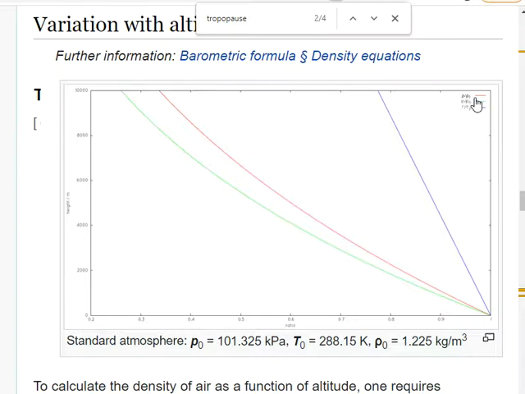Okay, so this graph shows, I think, as the red line, rho over rho sub naught, and down here is 1, the density of the air at the Earth's surface. I said it was 1.29, they're saying here it's 1.225 kilograms per meter cubed. But what they've got here is a red line showing that at 10,000 meters, that density is about 35% of the density at the surface.